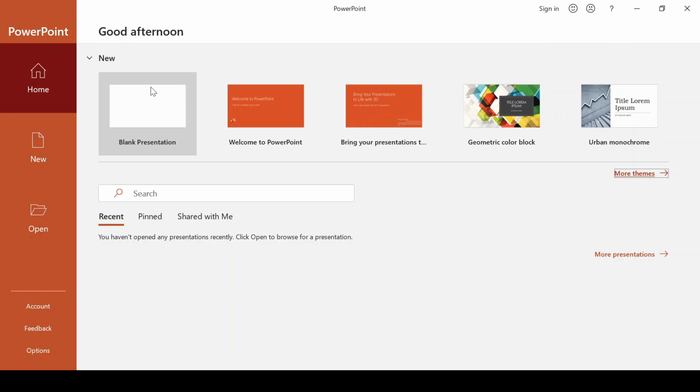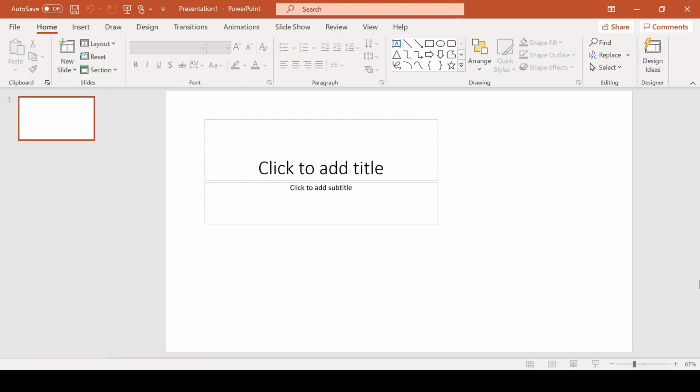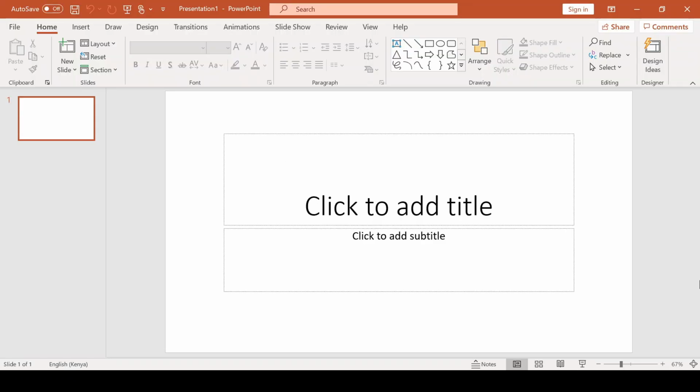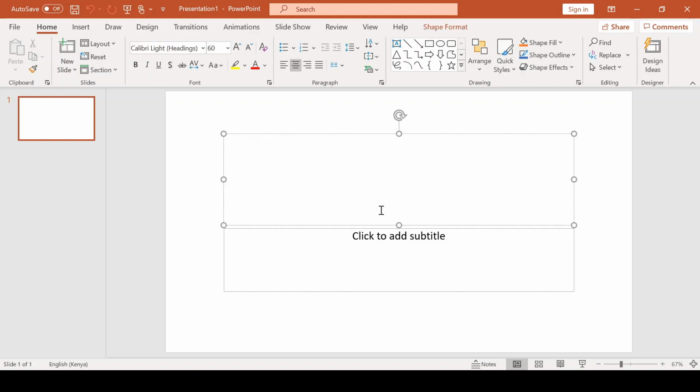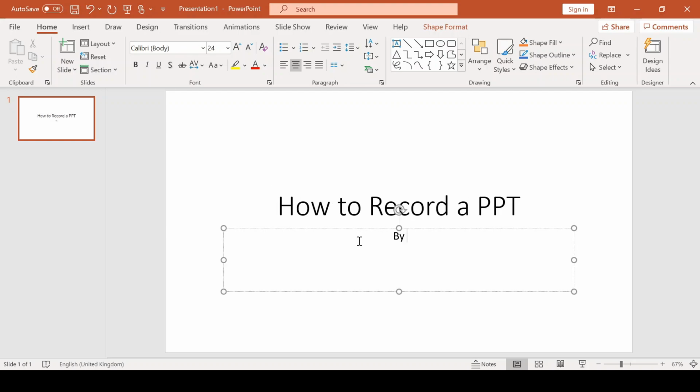So you open your PowerPoint application and you double click on blank presentation so that you can load a fresh or new PowerPoint page. It's going to open the first slide, which is an empty slide, and you can begin to add content. For example, I can say that the topic of this PowerPoint presentation is how to record a PPT, and I can go ahead and add details presented by